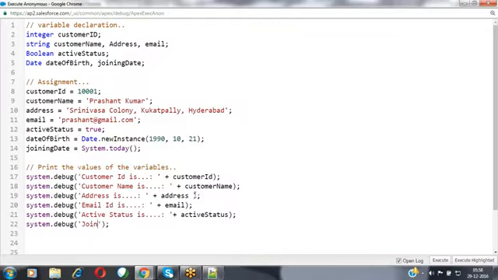System.debug, customer joining date. I want to display that joining date here. System.debug, customer date of birth. I'm displaying the date of birth value.